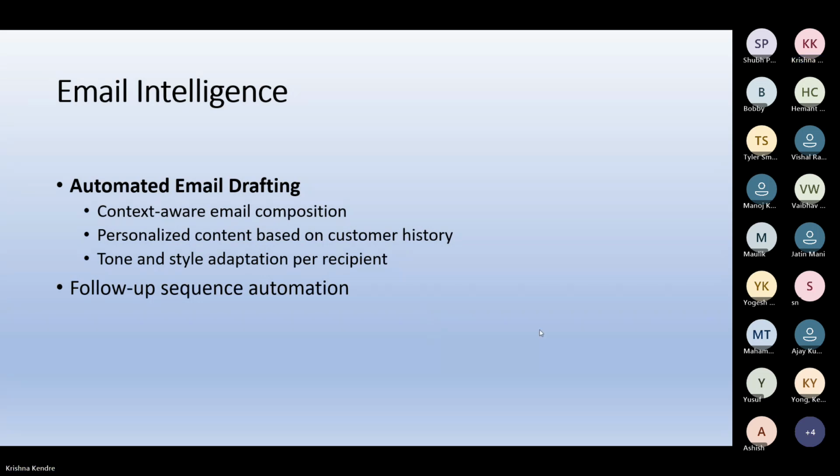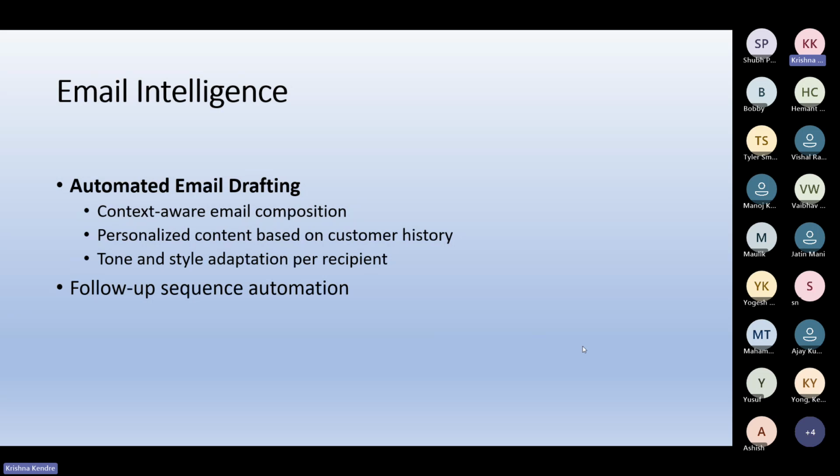What is in automated email drafting, how can we use the intelligence of a Copilot? So Copilot understands the context of a communication. Is it regarding a problem that the customer has? Is it regarding a new product that the customer is asking for? Is it regarding the past conversation that we have had about the product, and now it's time to make it